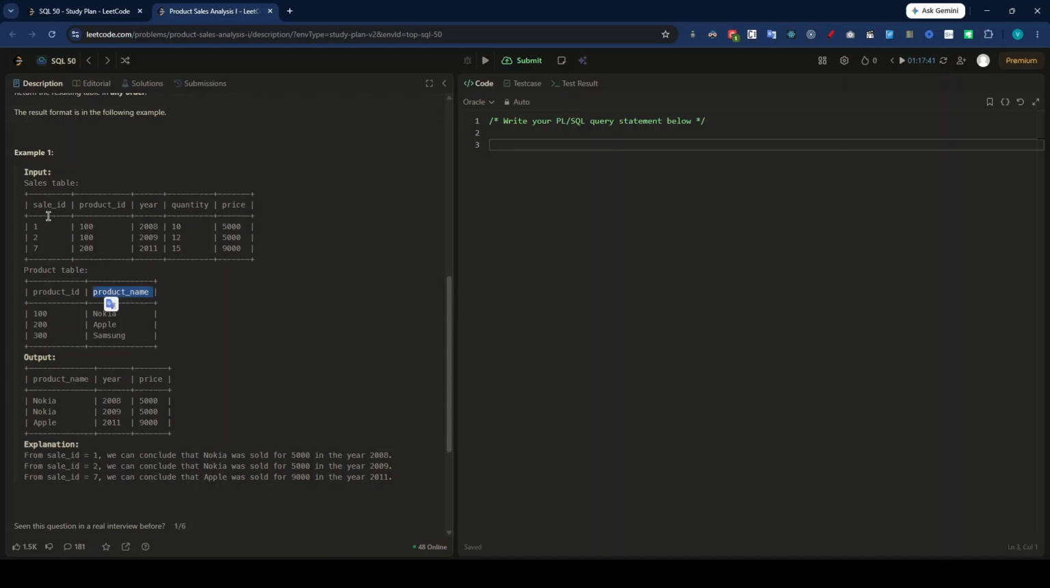For every sale ID we have to give output in the output table. Whether that product information is present in the product table or not, I have to get all the information. So generally we'll be getting all the rows from the sales table, and whenever there is a match in the right table,